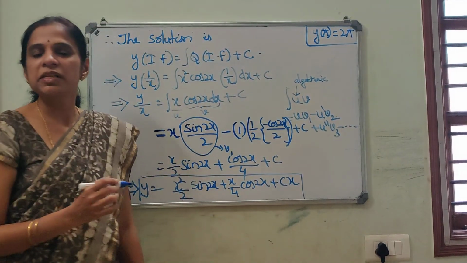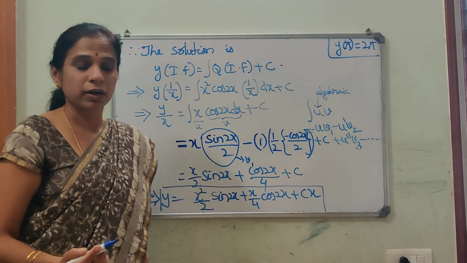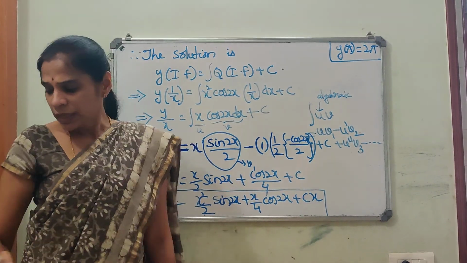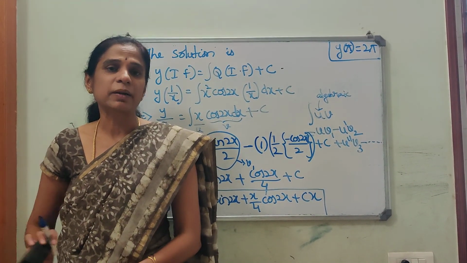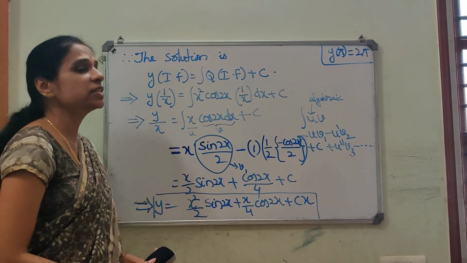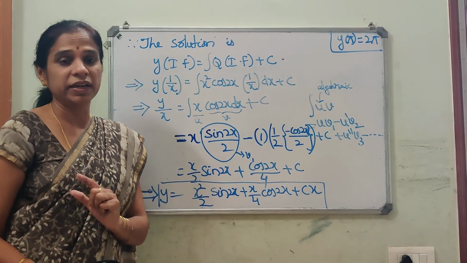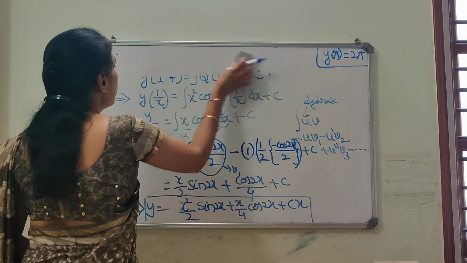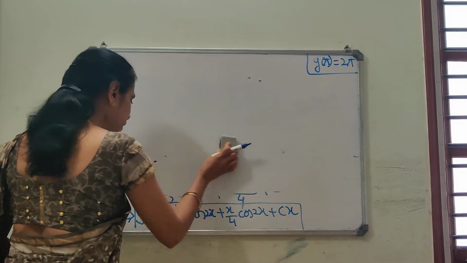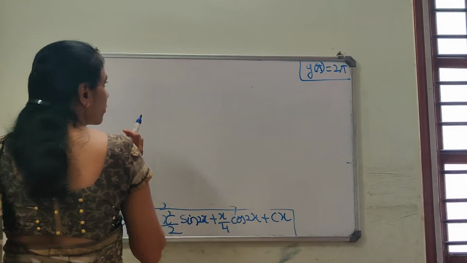But the problem is not yet complete because some extra condition was there which we have not used anywhere. So we shall now use that condition to get this constant c. These are called initial value problems, as I said, because there is only one condition. This is first order differential equation. Hence, when you integrate, you are going to get one constant, and to find one constant, you need one condition. Hence, it is called initial value problem. So, let us just take that condition, apply in the solution to get the complete solution, which is a particular solution of the given problem.